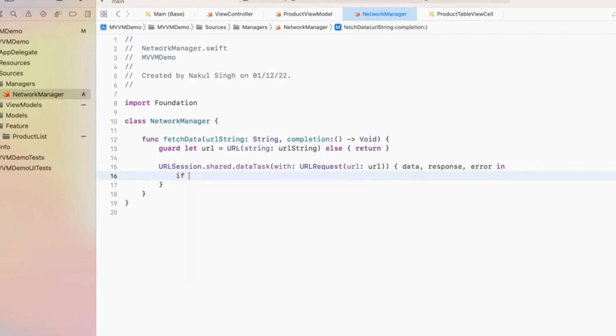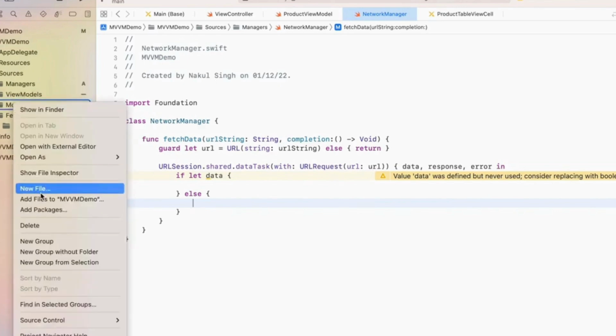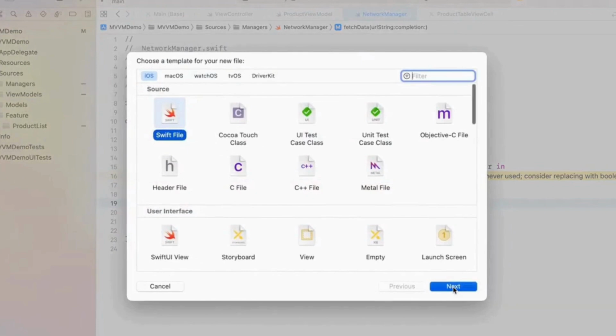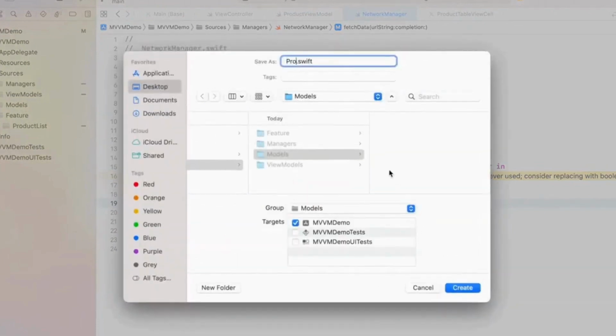Once this is done, I'm going to create another network manager class. This network manager class consists of API calling, which can be anything, like a get API or put API or post API, anything. So what I'm going to do is create data from a list of fake APIs, which is a kind of dummy API. Any fake API, let's take, you can see here,